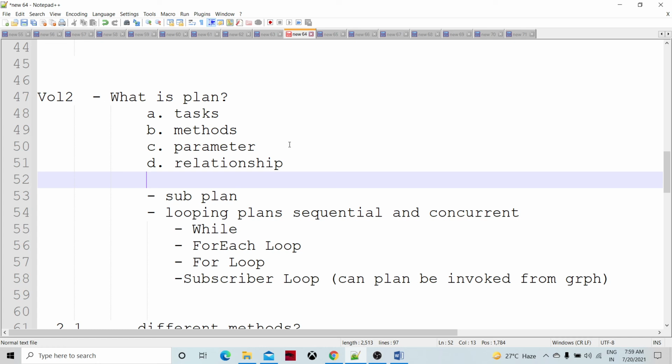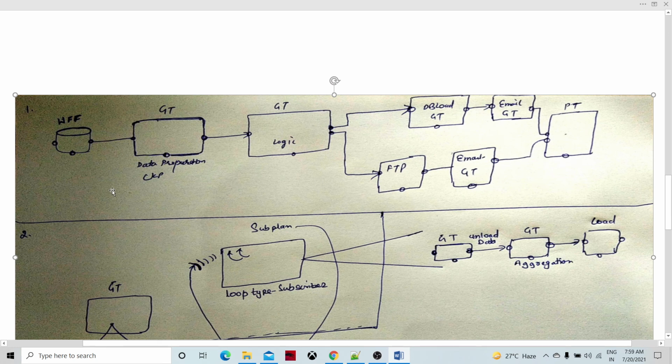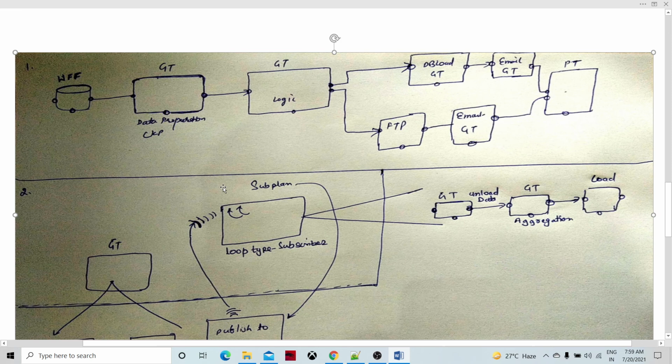When we construct the plan graphically from left to right, the leftmost things are executed first, and then the rightmost things. There could be parallel execution of sequences, and concurrent things happening internally. If we talk about looping plans, those are there, but fundamentally the execution happens from left to right.